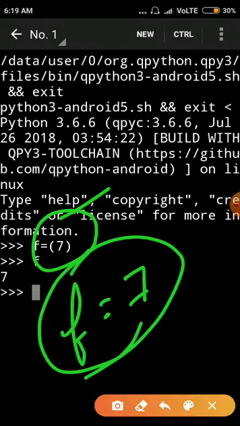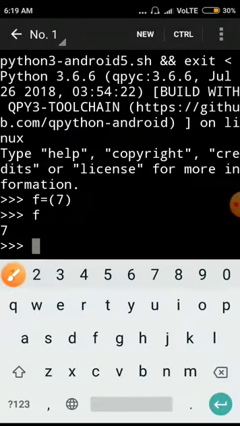Okay, now the access of elements in a tuple. We can access any element of a tuple from its index value. So for that, first create a tuple.